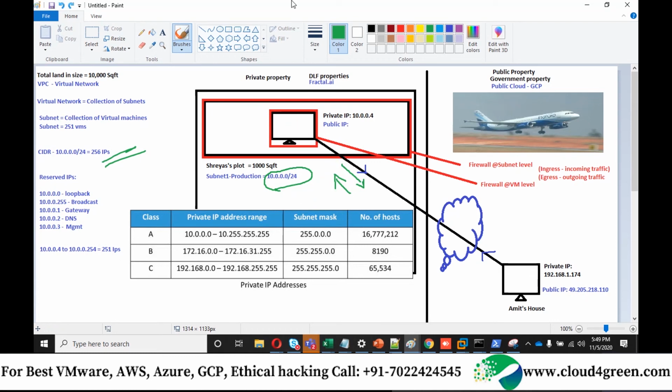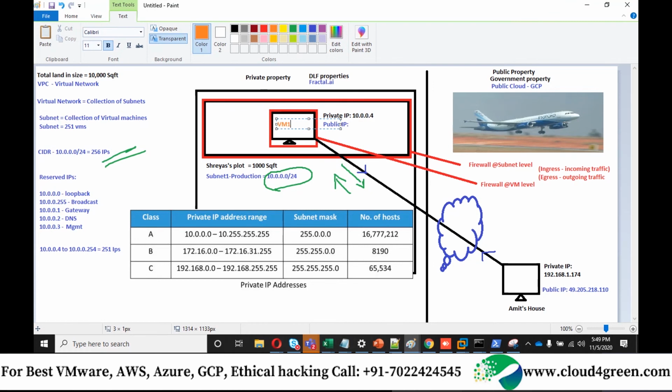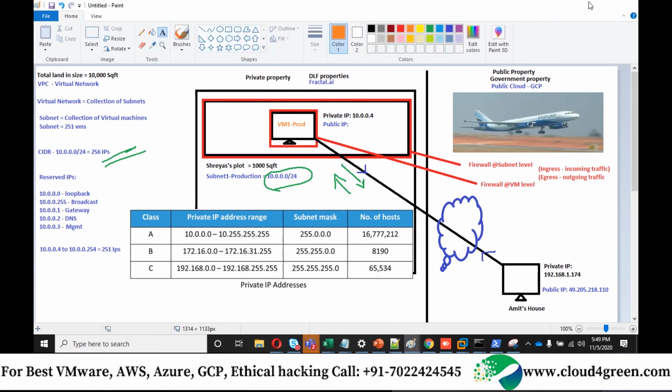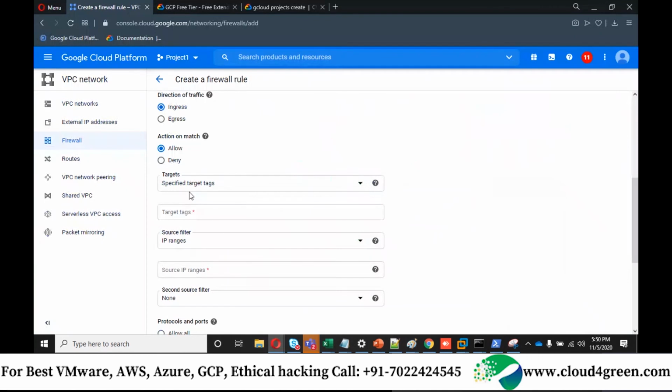Okay, let me name my machine so that it will be easy for you to remember. Let me call it as VM1 production. Okay, so here target means to whom I have to allow this traffic.